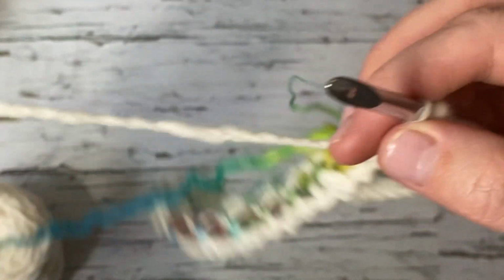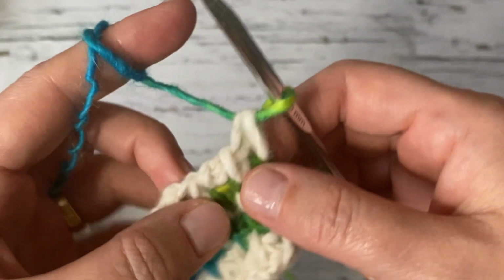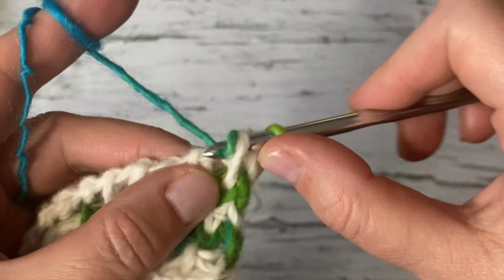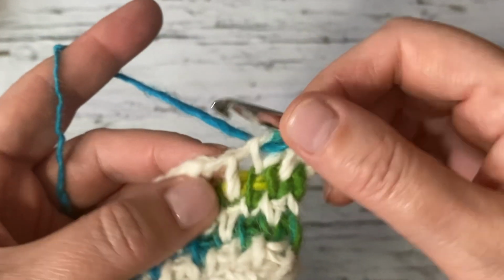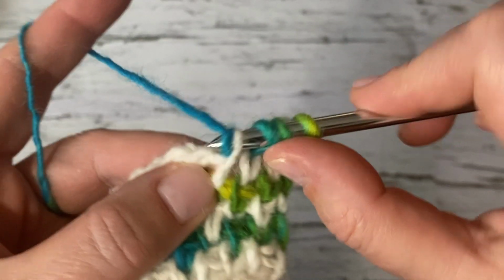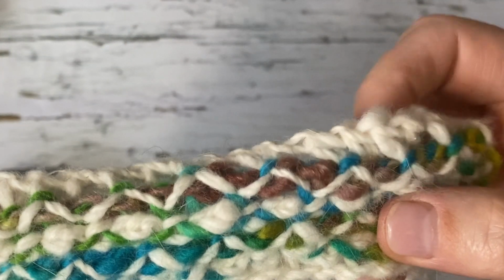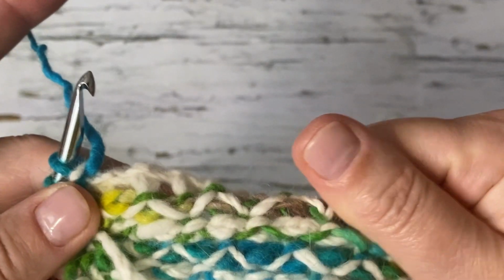And then when you come to the last 2 stitches, grab the variegated yarn and then pull those last 2 loops. And then you keep on repeating this over and over until you have the length that you need. So automatically I go to the short in the middle and the tall on the edge. So it's just a repeat, and this is how it looks from the front. And from the back, it's going to look like this. 2 sides are just beautiful, can be used